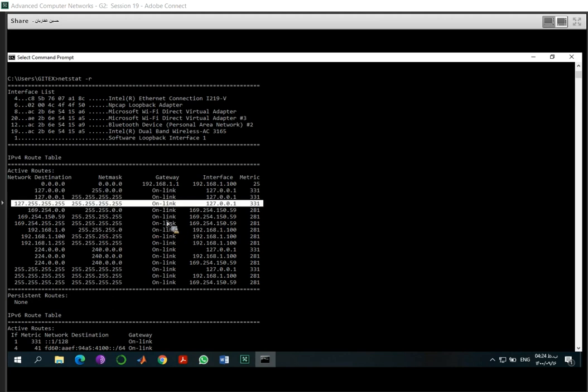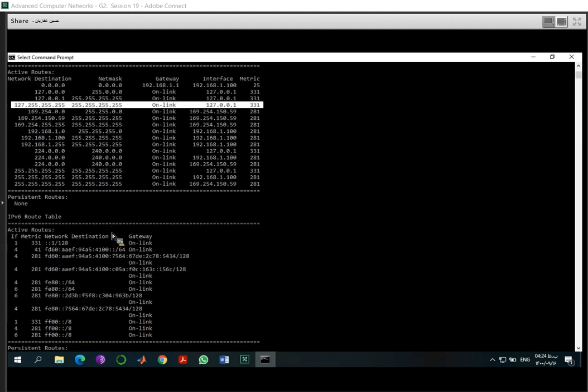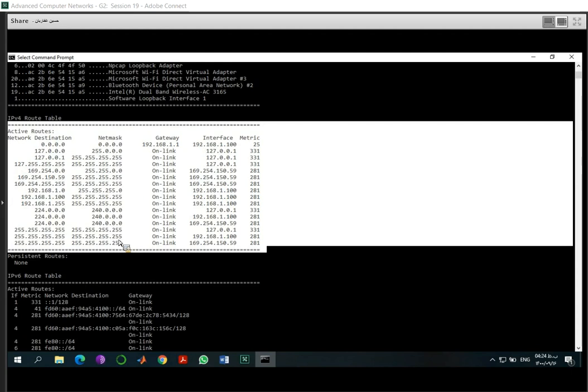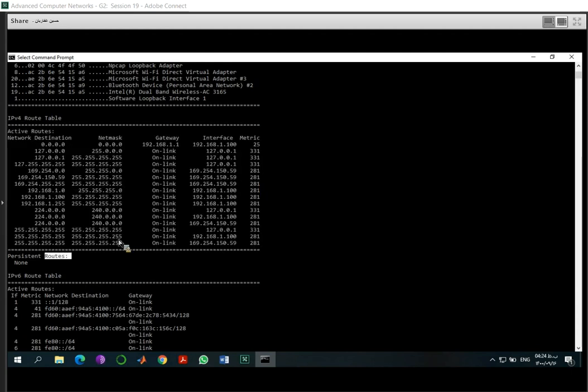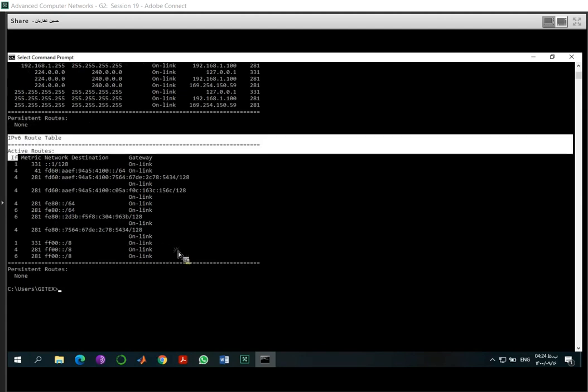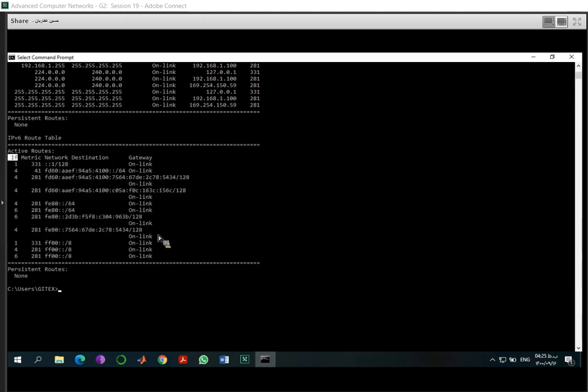I ask you to talk about this one, and for example, I ask you to talk about your Ethernet, your network card. Here, -e. Again, netstat -e. Over this network card, my computer sends this amount of bytes, and this is the received amount of bytes in my computer.